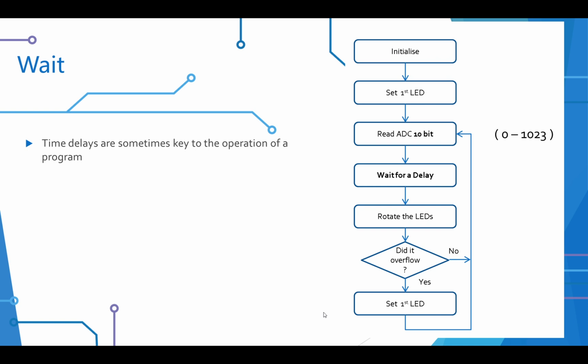And so we have a flow chart. It looks like this. Initialize the LED, set the first LED, read the ADC10, wait for a delay, rotate. Wonder what rotate is. We'll talk about rotate very shortly, because we're going to test to see what happens when we've rotated. And rotate is a very useful command. If it did not overflow, go back, do another read, wait for a delay, rotate the LEDs until it does overflow. And when it does overflow, go back and set the first LED,